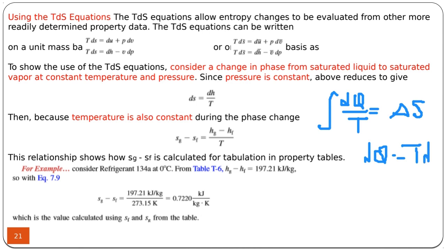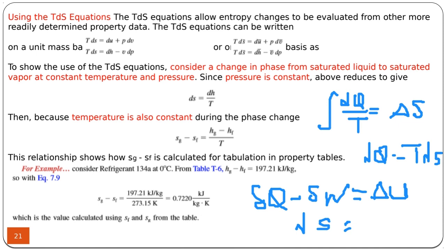So for a closed system, we know that dq minus dw is du. So you can write this as dq is equal to du plus delta w. According to the compressibility of the fluid, you can write this equation as TdS being equal to du plus PdV, or